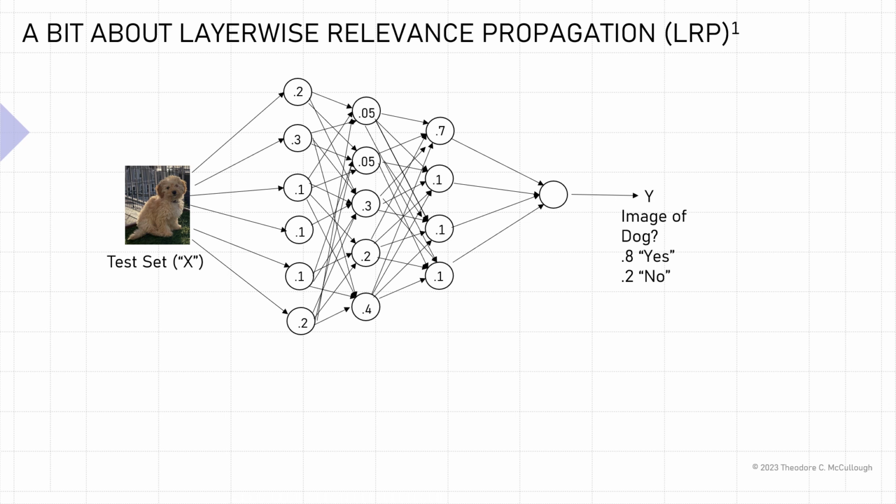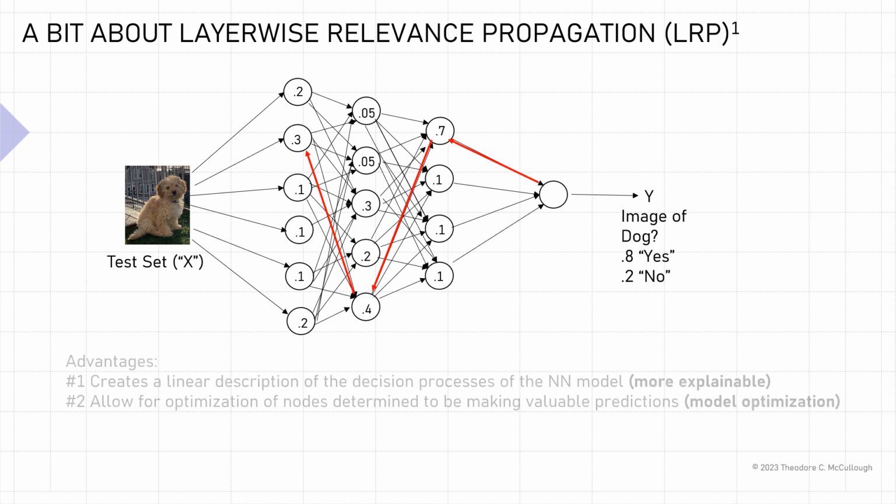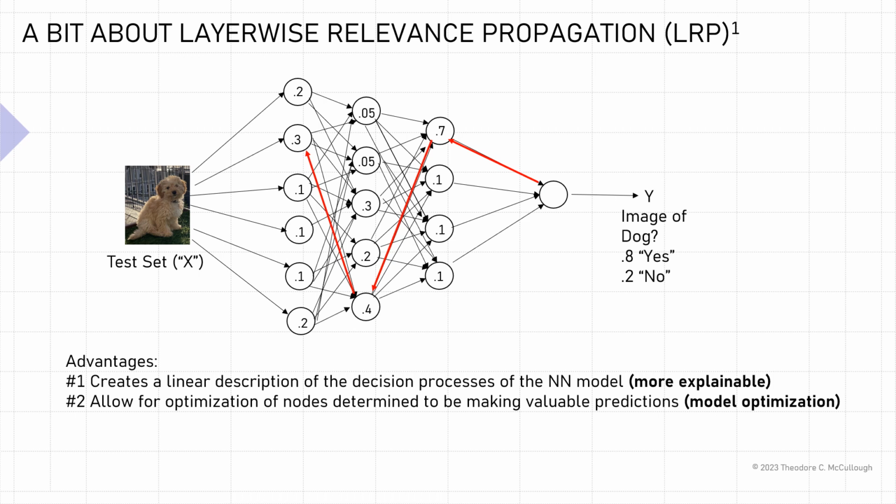And so what you can do is basically backtrack or effectively work backwards from the final decision that's made by the classifier to each of the nodes that made the decision ultimately in a particular layer as to whether or not the image was of a particular class or not. And so the advantage of this approach using L.R.P is that it creates a linear description of the decision process for a neural network. And that's something that makes these decisions of a neural network less opaque, more understandable, because it kind of converts the decision process into a linear process that's, again, more easily understandable.